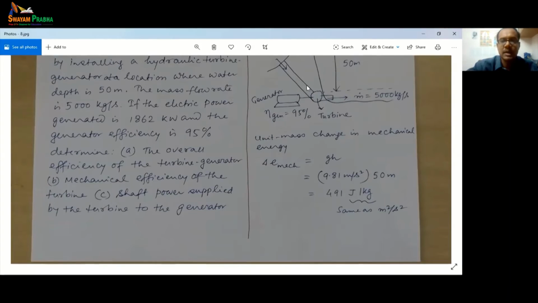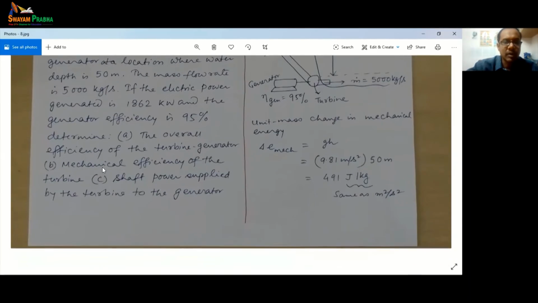Okay, turbine, just like motor and pump, turbine and generator are put together because the turbine does the physical mechanical conversion, and then the power is put to the shaft, which goes to the generator and generates the electric power. So this turbine generator you can think of as the opposite of the pump motor system that we have looked at, where the input is electrical power. Here the input is mechanical power and the output is electrical.